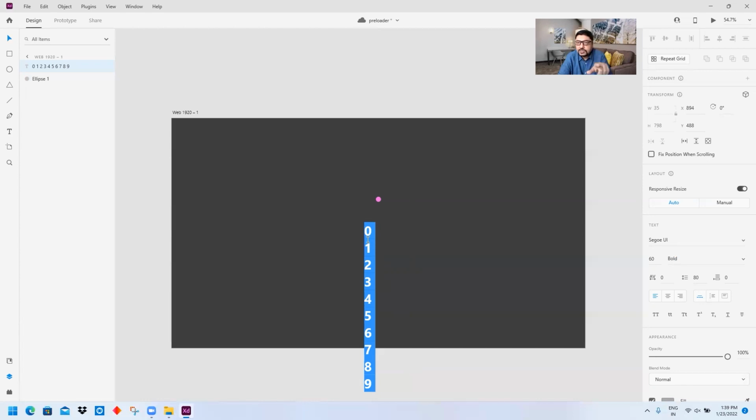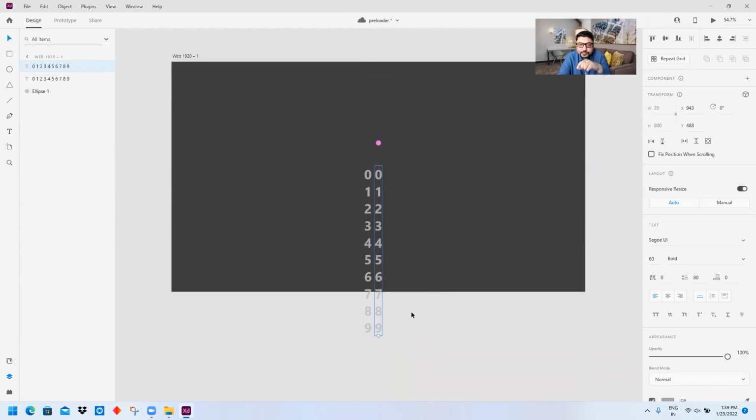For Mac users, you can press Command C to copy these digits. Now I will press Shift and Alt and drag another one just beside it as a copy. After 9, I will press Enter and paste what I copied from the clipboard here. So basically, I have two lines of these digits, nothing else.